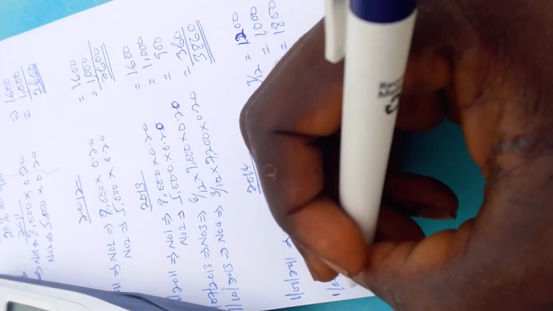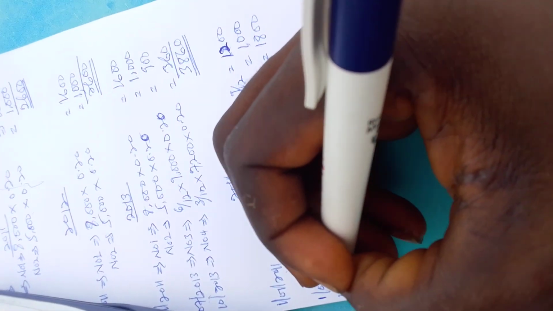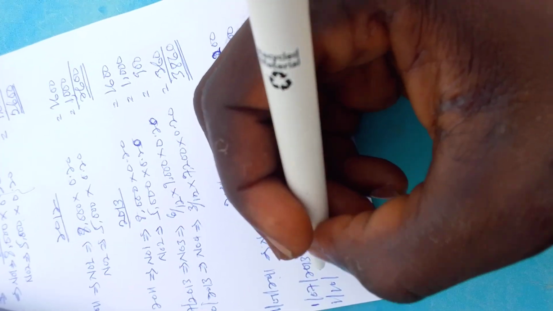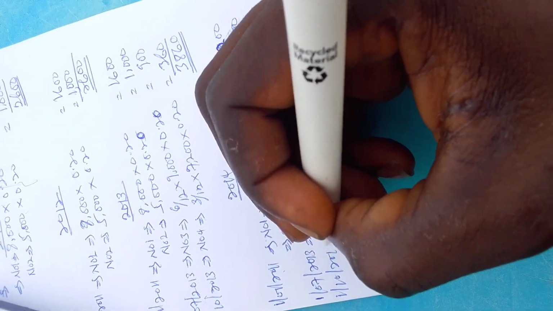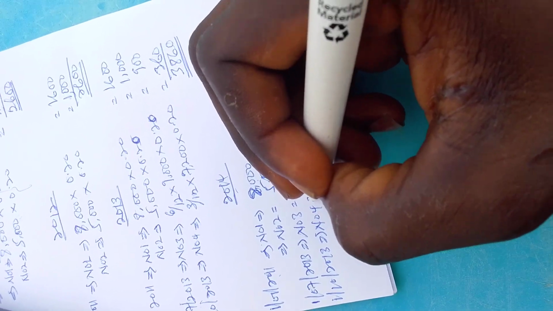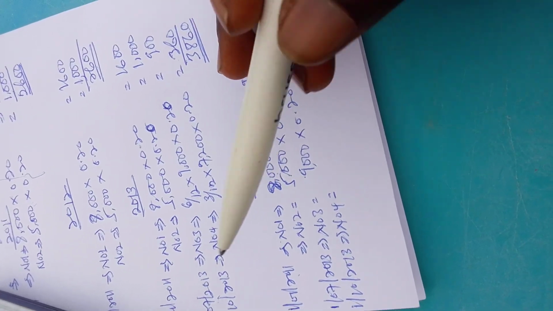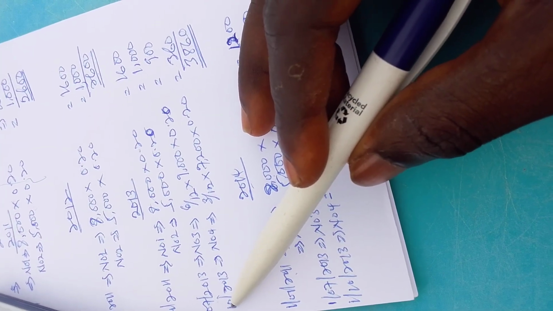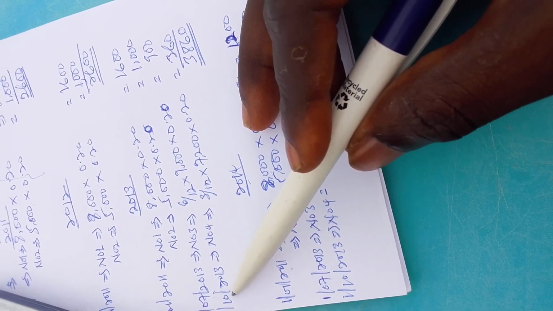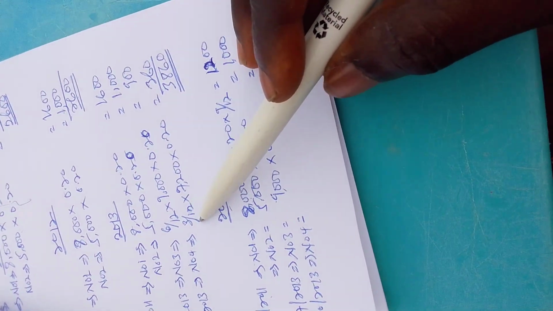And the second asset that was also bought in 2013, which is asset number 4, on 1st October 2013. That one is also the same calculation that we are going to do. When it was bought in October, we calculated the time that it was used, which was 3 months, and we calculated